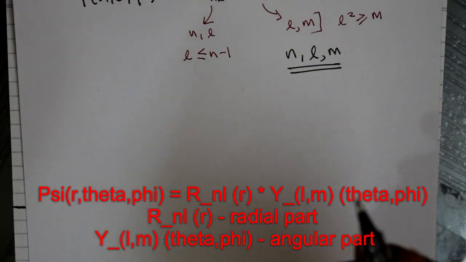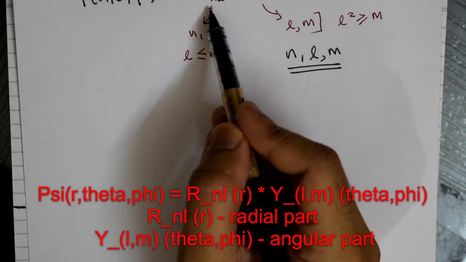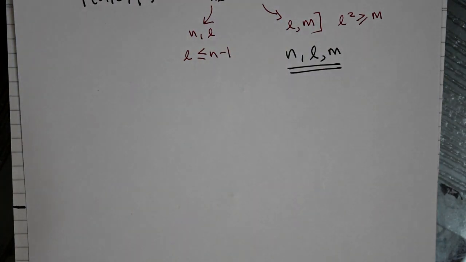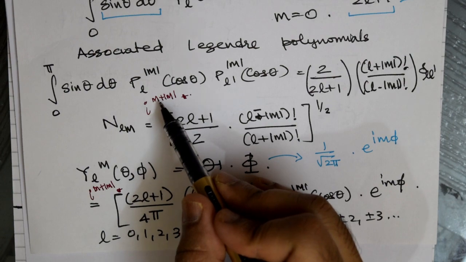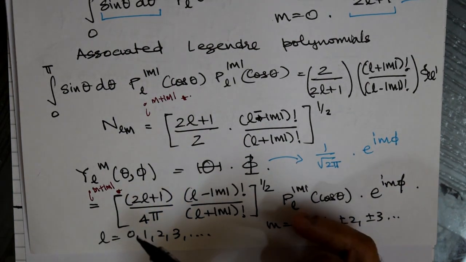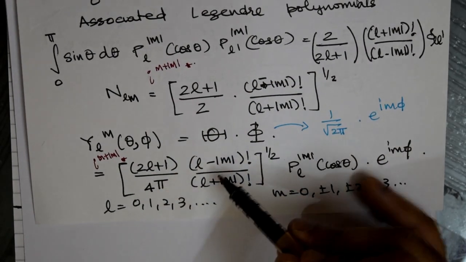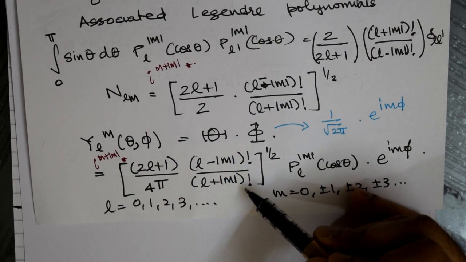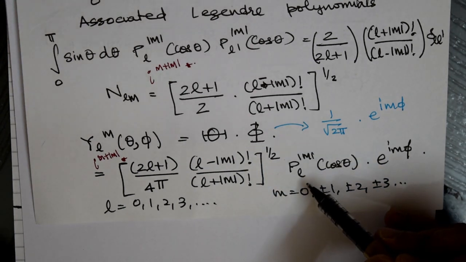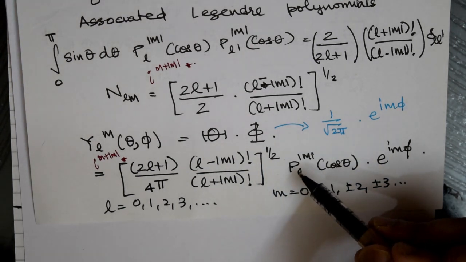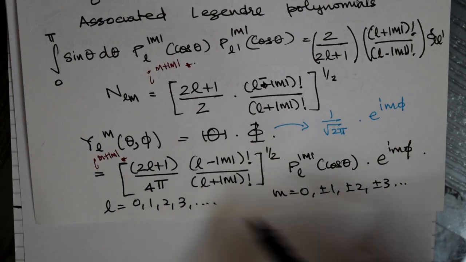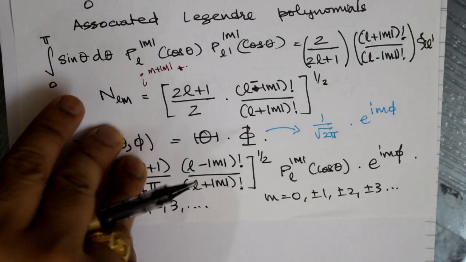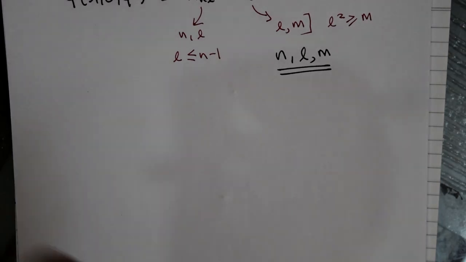Okay, now having done that, of course I am not writing the full equation for R_nl and Y_lm, and you might remember Y_lm was given by an equation of this sort, where Y_lm will be given by i to the power of m plus mod m, where m is the magnetic quantum number, times 2l plus 1 by 4 pi times l minus mod m factorial by l plus mod m factorial, the whole power half. And then comes the associated Legendre polynomials, P_l mod m of cos theta, e power i m phi. Here we are able to see what are the values of l that constrain the values of m. Now having understood this, why don't we go forward and see a few more things.